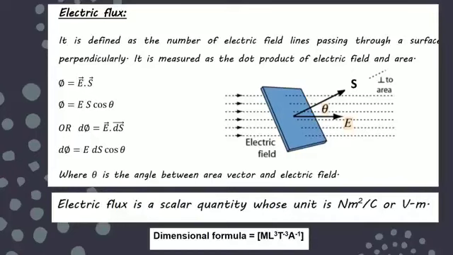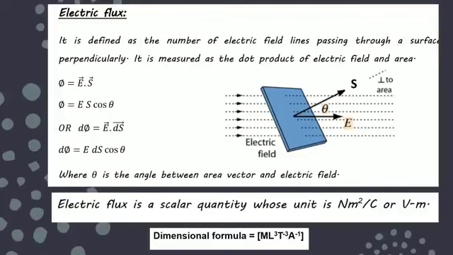And here what we are doing is, this is the new quantity with you, that is electric flux, which is denoted by phi. You can pronounce it as phi. This is the symbol in front of you, which is given by the dot product of the electric field and the area vector. It means E dot S. So if I want to find the flux, then I have to take the component of the electric field in the direction of the area vector. This is the direction of E as shown.